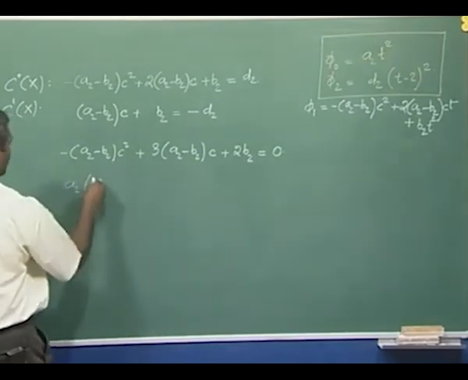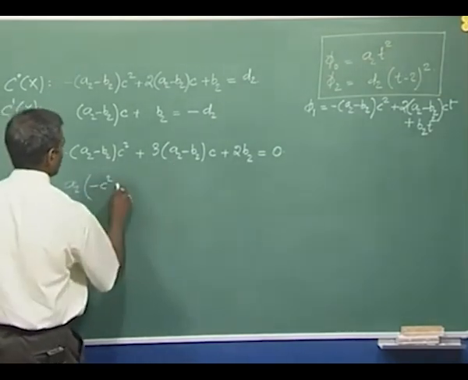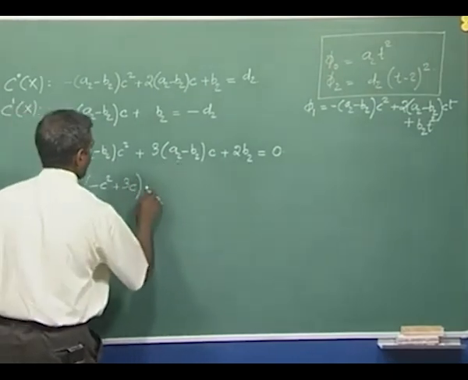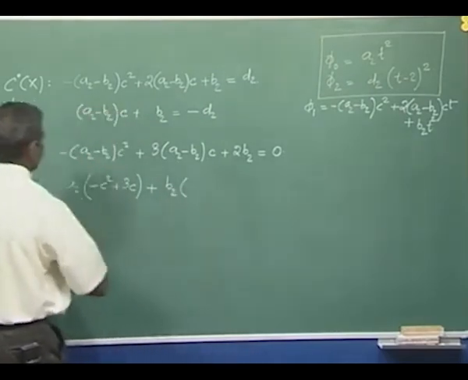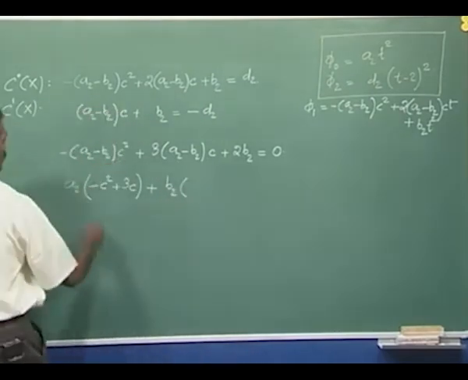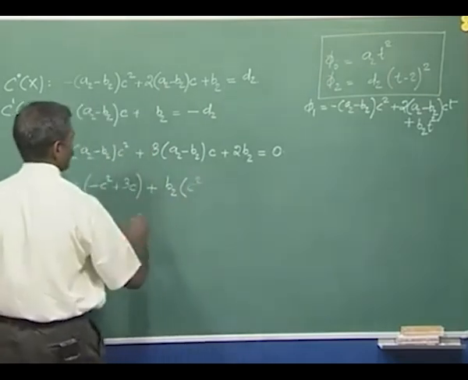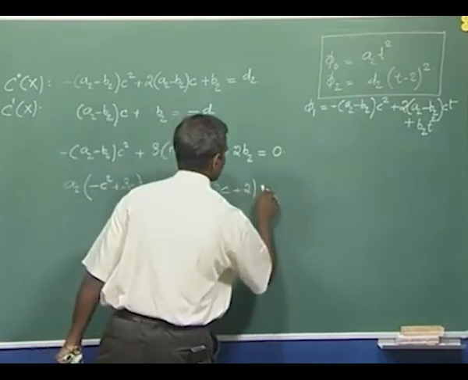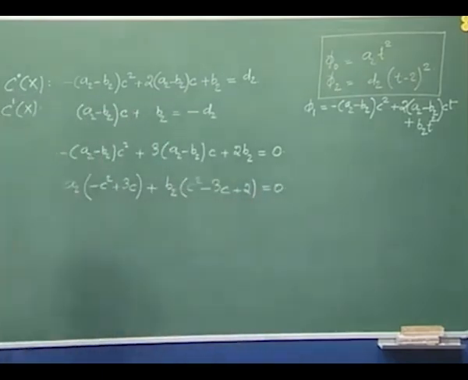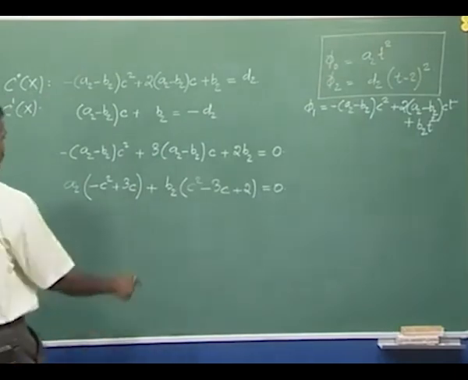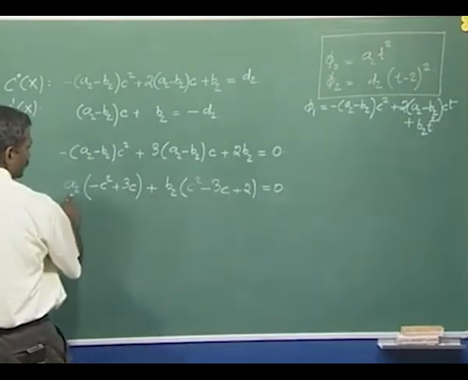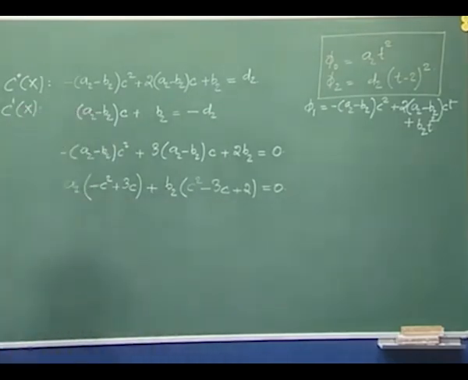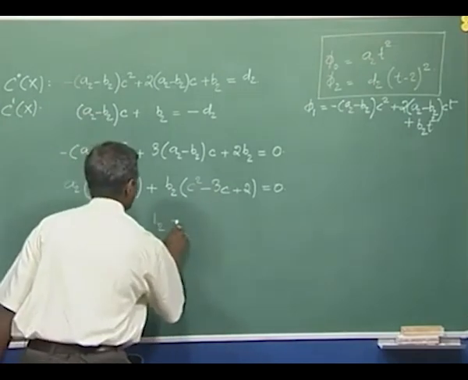So we have A2 times minus C squared plus 3C, and corresponding to B2 we have C squared minus 3C plus 2. This would be equal to 0. I would be able to write B2 now in terms of A2. You can realize this expression can be factorized. So B2 is A2 times C times C minus 3, this thing is going to the right,